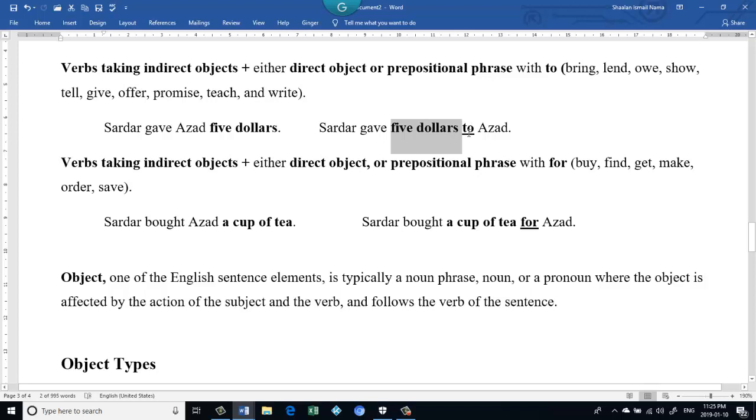To is the preposition. Then we have the object of the preposition, or sometimes you could say the second object. Here we have it. Or sometimes we could have it